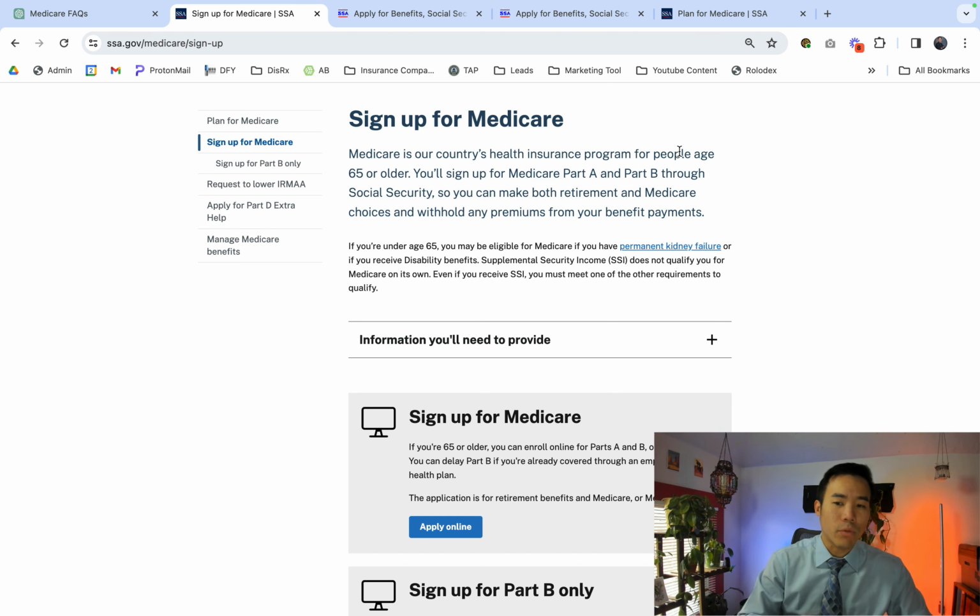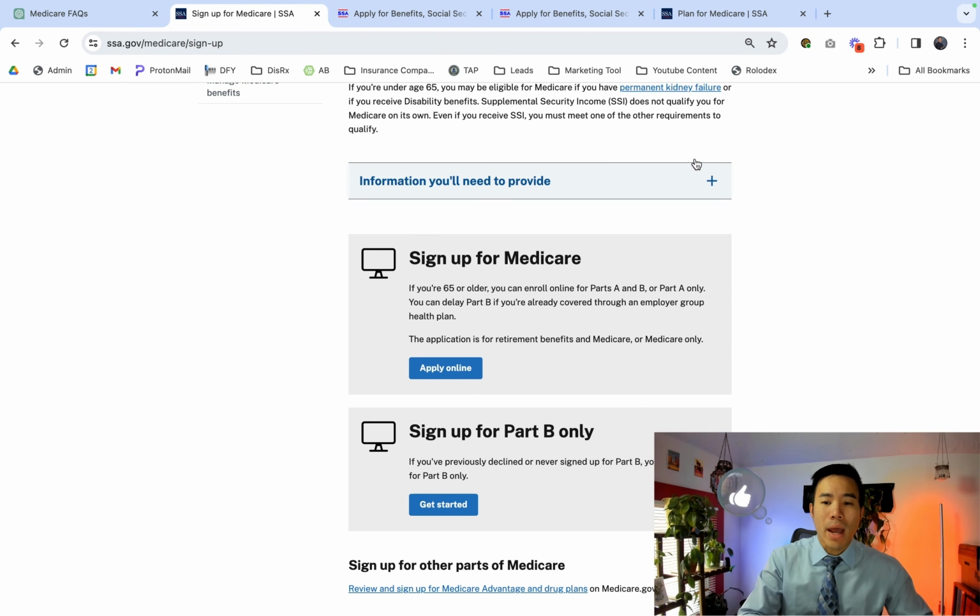Medicare is for people age 65 and older. You'll sign up for Medicare A and Part B through Social Security. You can make both retirement and Medicare choices and withhold any premiums from your benefit payment. If you're currently drawing Social Security benefit, you can choose to have your Medicare premium be deducted out of that. As you scroll down,